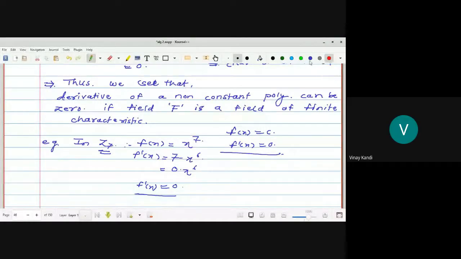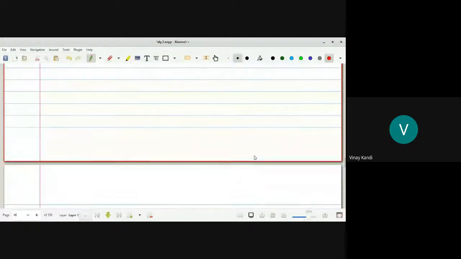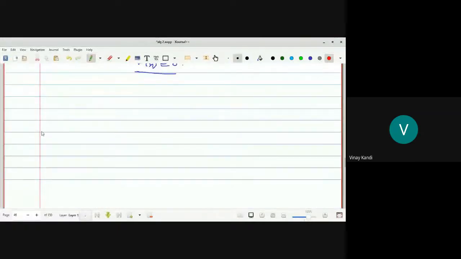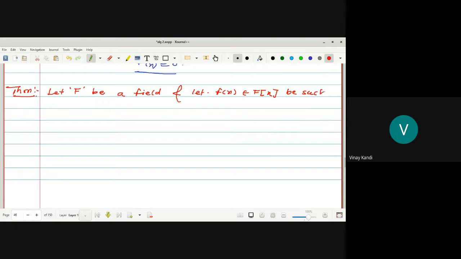Okay, the next theorem is also a very easy theorem. Let capital F be a field, and let the polynomial f of x belong to capital F of x be such that f dash of x is equal to 0. Then prove that: